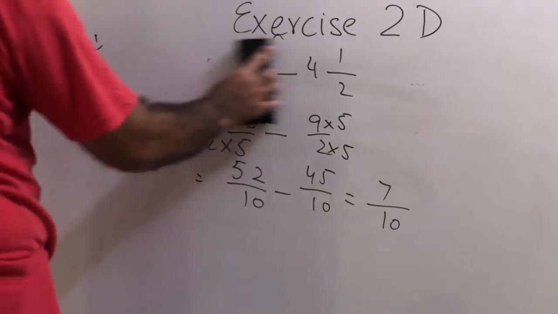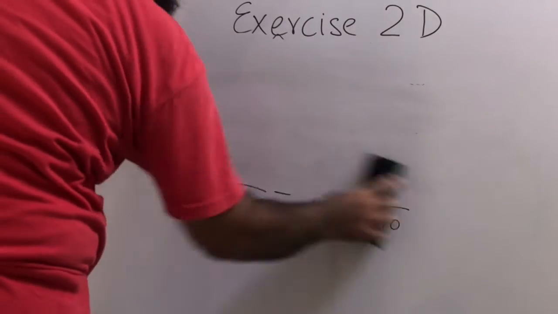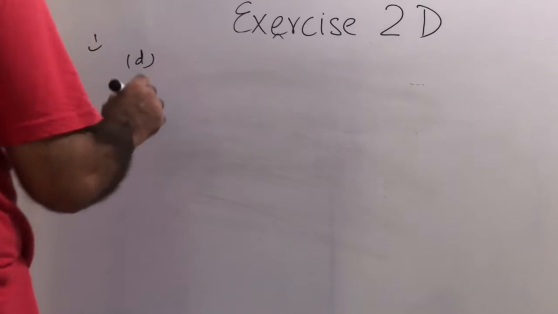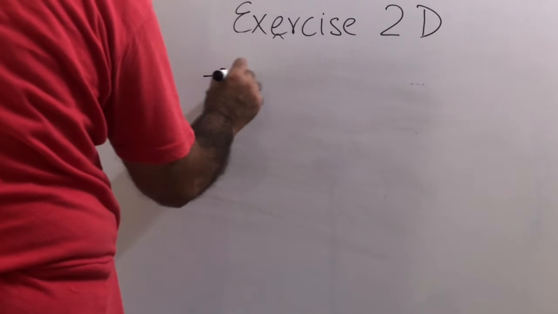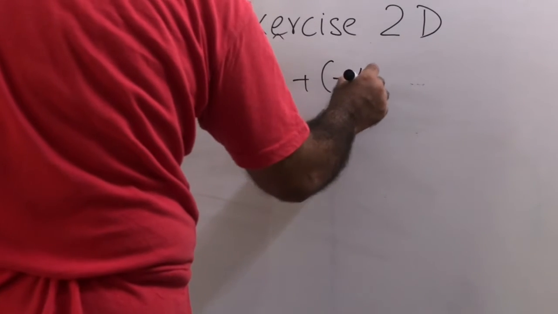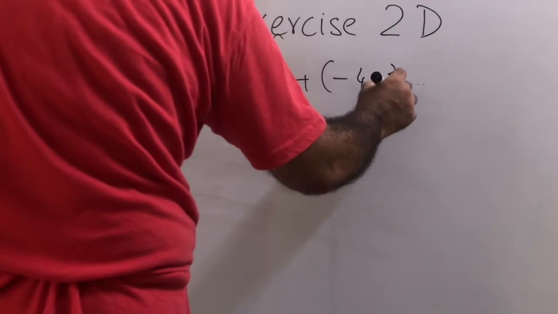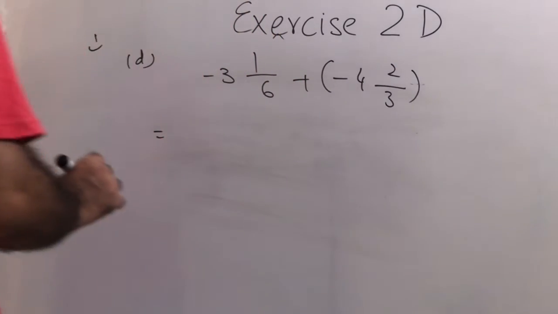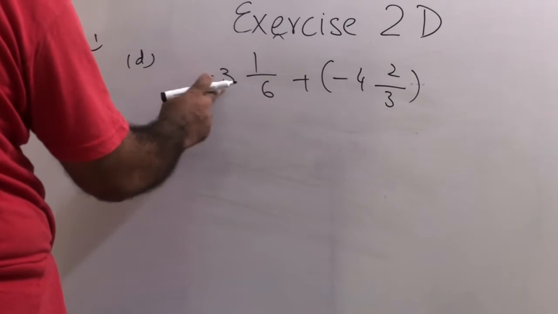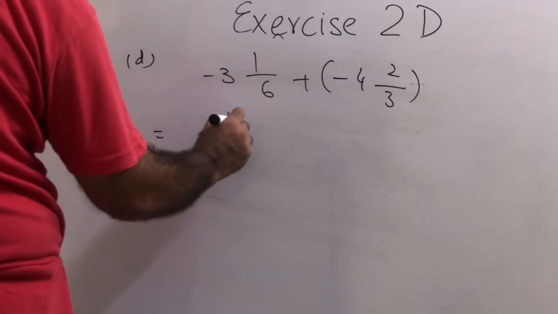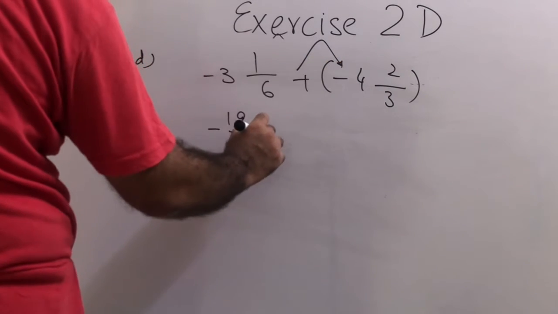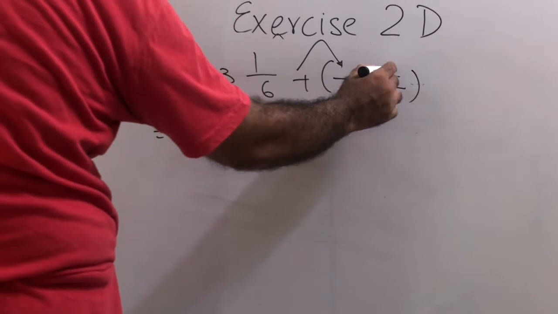It was very simple. Now we will be quickly moving to the last part of the question, which is part D. Part D is minus 3 whole number 1 over 6 plus, in the bracket, minus 4 whole number 2 over 3. First we will bring them into improper fraction form. 6 will be multiplied with the 3. 6 3s are 18 plus 1, 19 over 6 with a negative sign. Plus will be multiplied with the minus, we get minus. 3 4s are 12, 12 plus 2, 14,